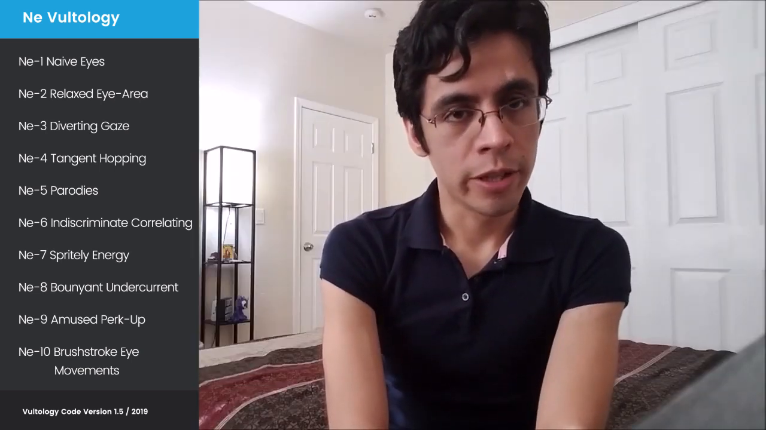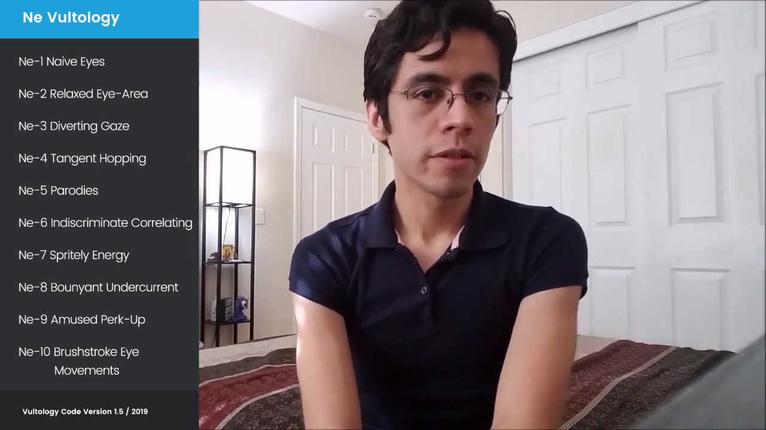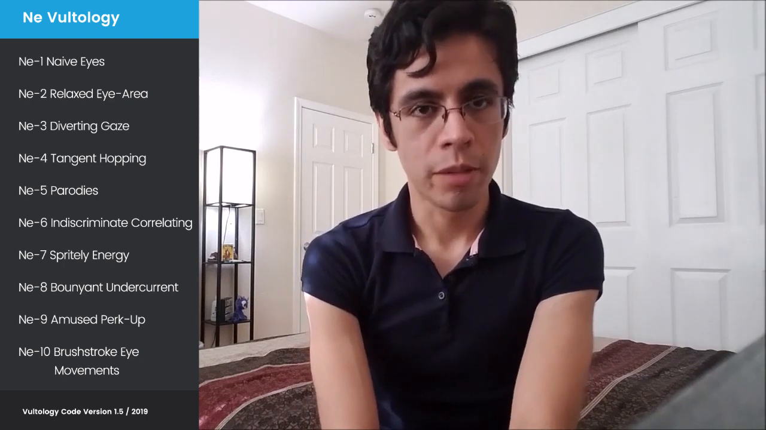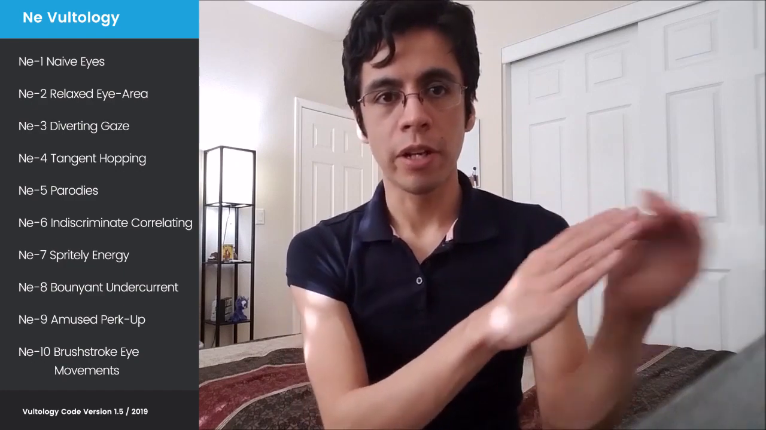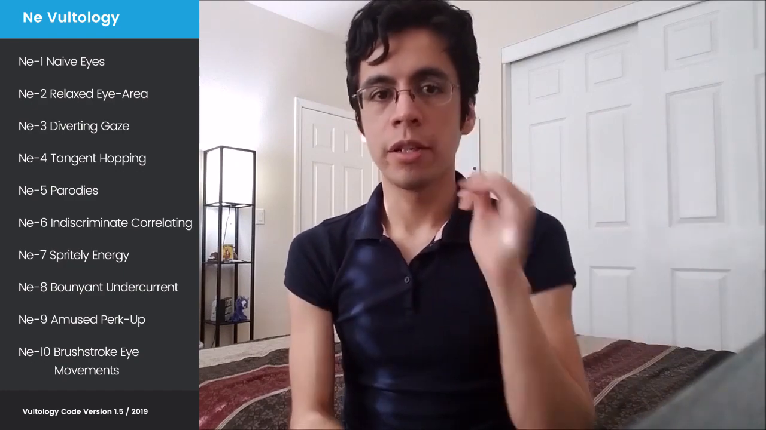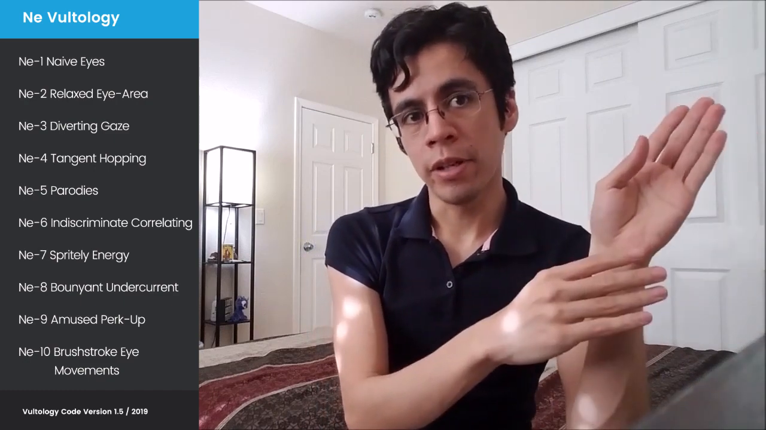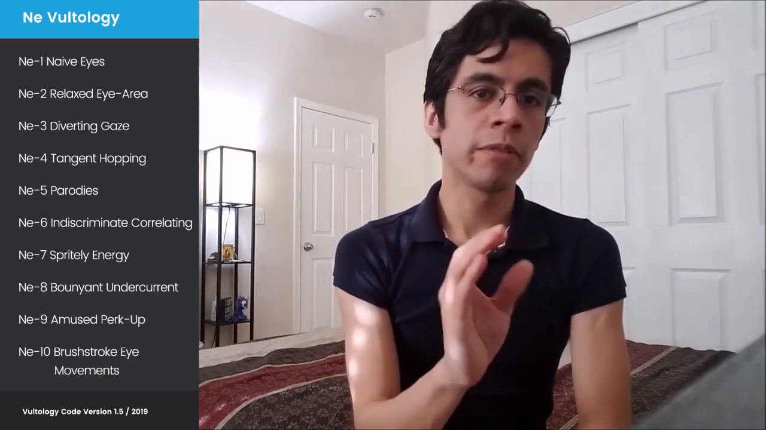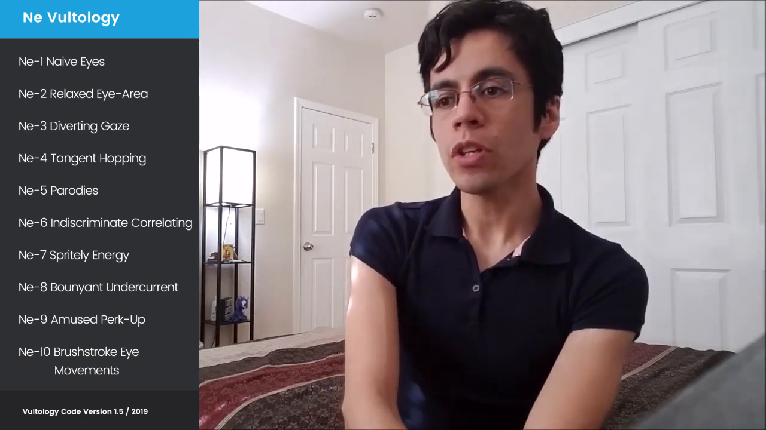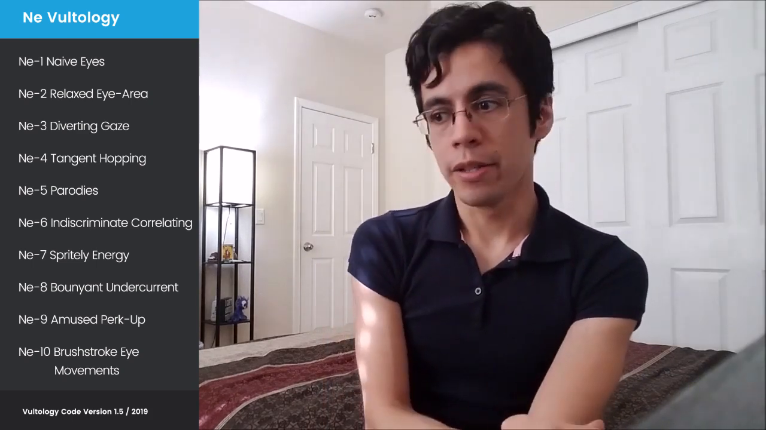Ne6 is indiscriminate correlating, and this is somewhat similar to tangent hopping, except tangent hopping has this bifurcation effect, right? So something adjacently related spawns out a new kind of either question or line of thought midway through a sentence, midway through a thought sometimes. With indiscriminate correlation, this specifically refers to when Ne is connecting two disconnected data sets, not adjacent, they're disconnected, and